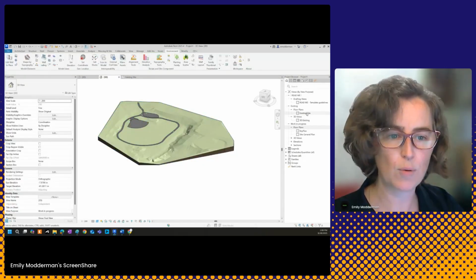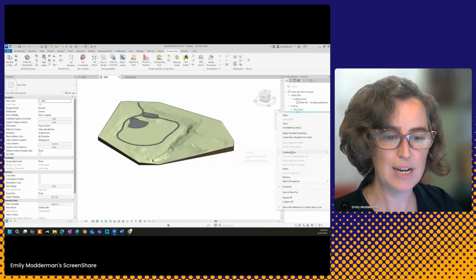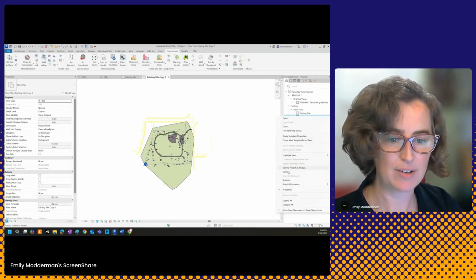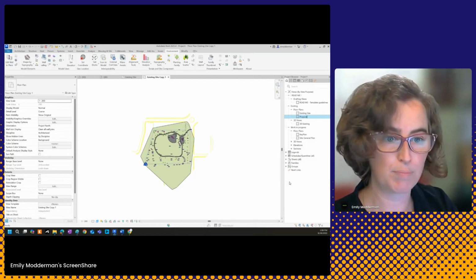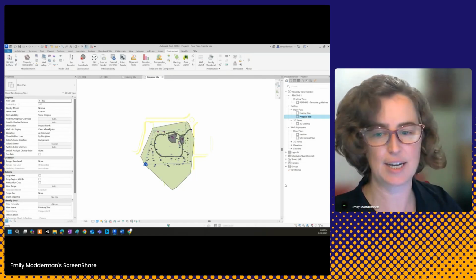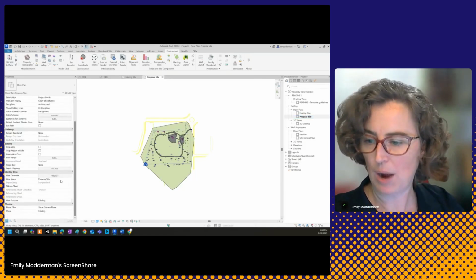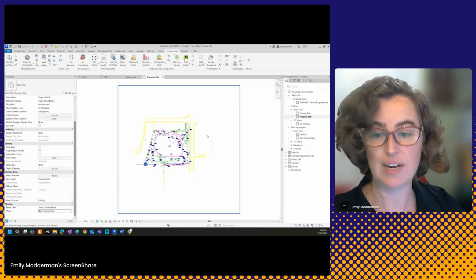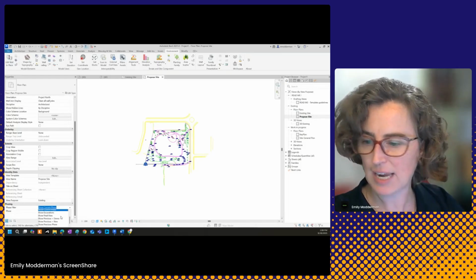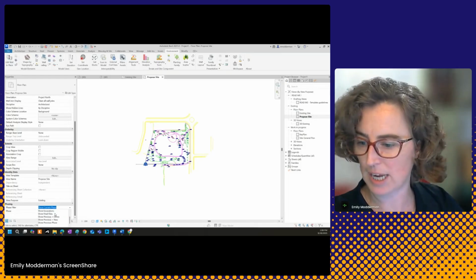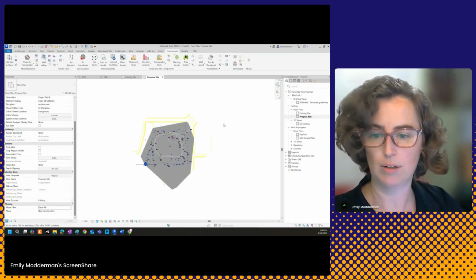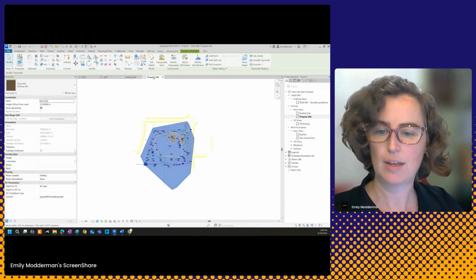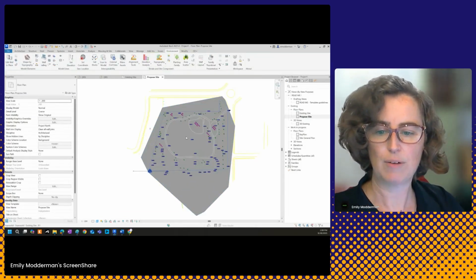So before we move forwards, the first thing we are going to want to do is duplicate this view, and we're going to rename it proposed site, and we can set up our phasing. So we're going to say phase new construction, and in this case, until I'm done, I'm going to say show all. So I want to be able to see my existing phase information because there is this terrific little